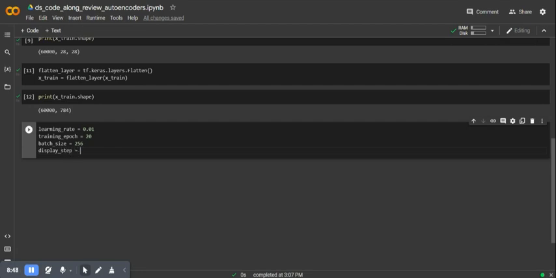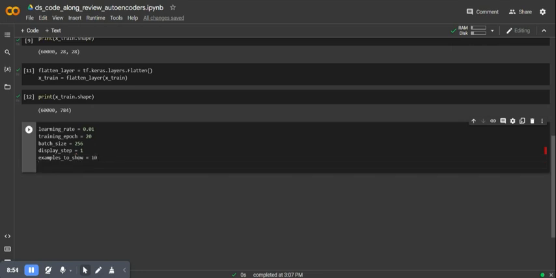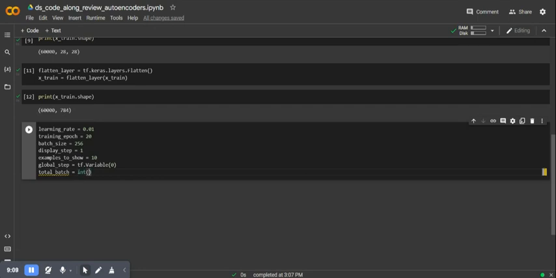Display step equals 1. Samples to show equals 10. Global step equals TF variable 0. Okay. And total batch equals int